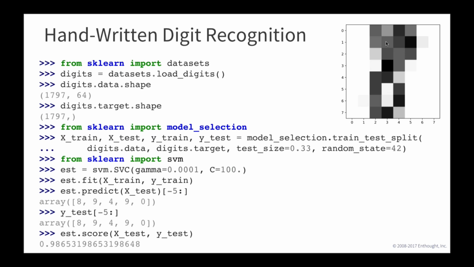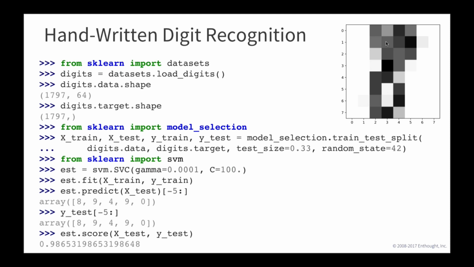So if you pass the test data to the score method, it will be able to give you the accuracy of the model. So here it's close to 99%. So the nice thing about this interface and this API and the fact that we're using objects for the classifiers,